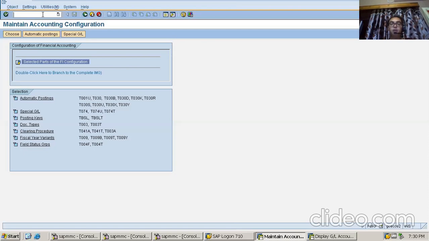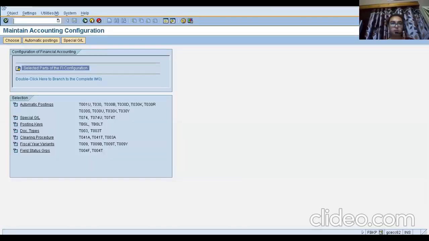Hence in the automatic payment program, that particular special GL must be captured. In our automatic payment program, as of now, what we pay. I'll go to FBZP once more, and I'll cover the special GL indicator there.